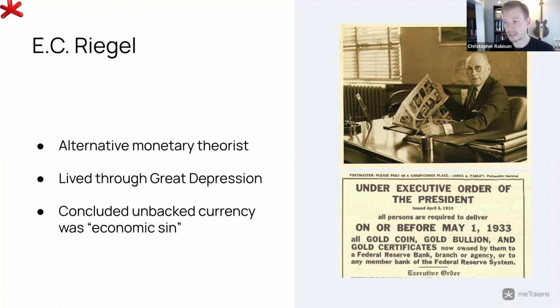His background is he was an alternative monetary theorist, and he lived through the Great Depression, which had a great impact on him. So coming out of the Great Depression, his main conclusion was that unbacked currency was, as he called it, economic sin. So he saw events like an executive order signed by the president of the US for all US citizens to hand over their gold to the federal government. He was completely offended by this, and obviously saw how a single centralized currency that was politically aligned with his government led to a massive economic